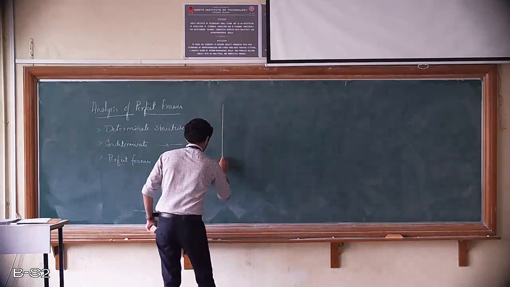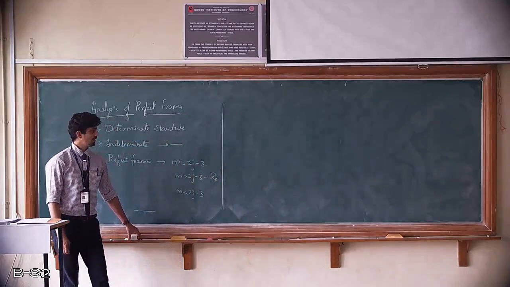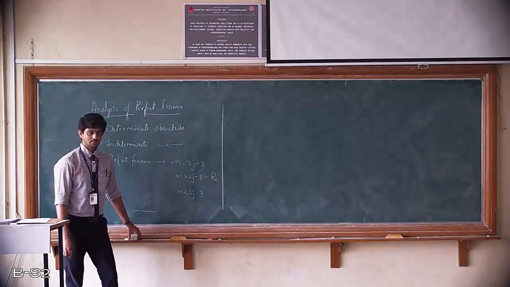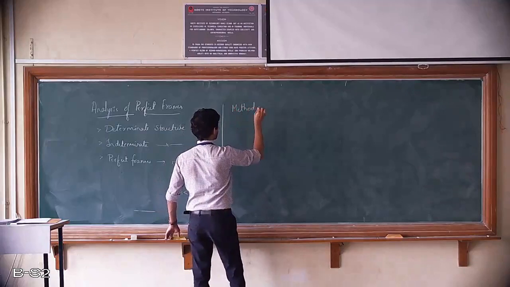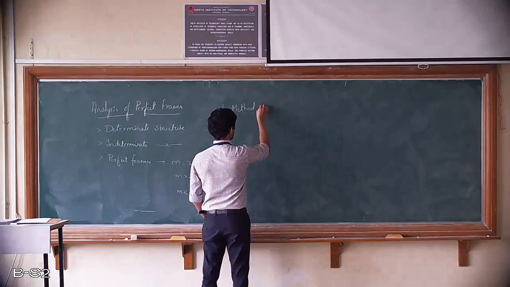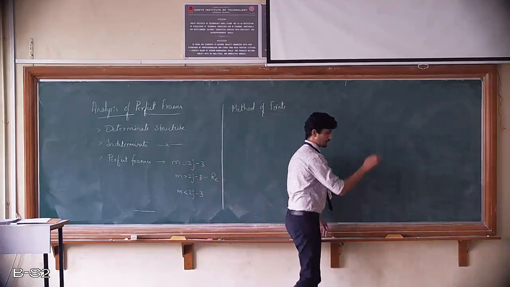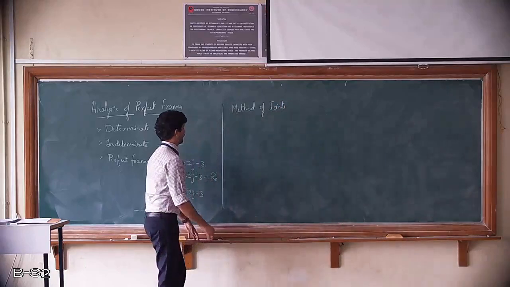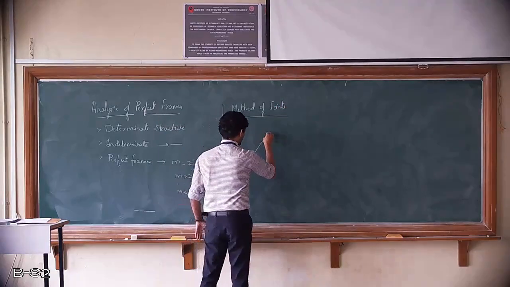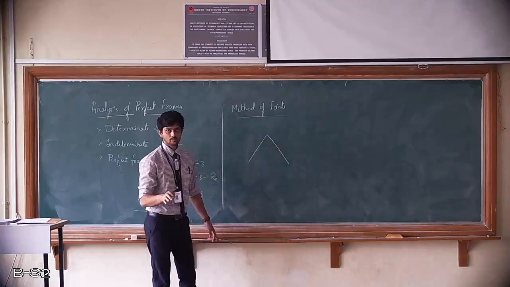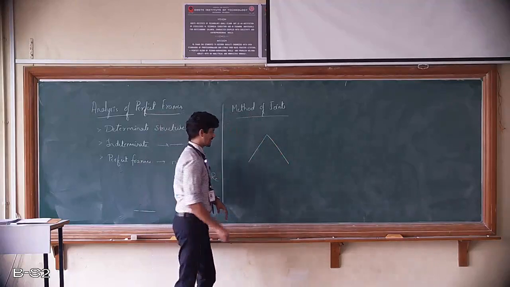Then when we have a structure like this, which methods may we use to solve the forces acting on it? There are many methods, but restricted to our syllabus, we have two methods used to solve the forces, both internal and external. The first is the method of joints. The second one is the method of sections, which we'll discuss after this. So what is the method of joints? This is still a recap for you. We have already done this part. But to begin with the method of sections, which is very new, I need a basic platform to understand this one first, then we'll go with the second one.